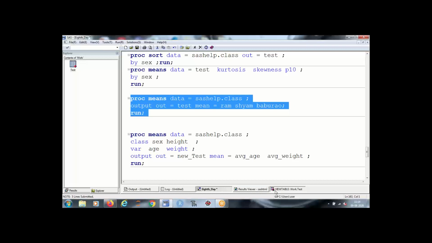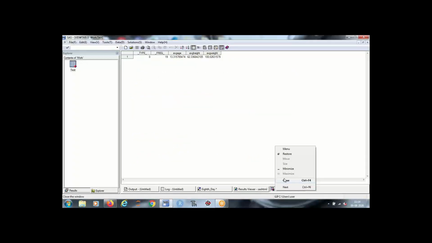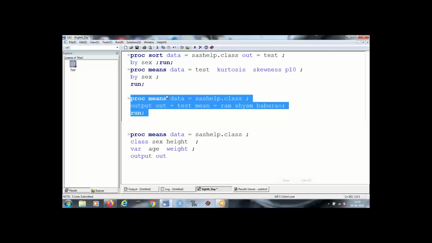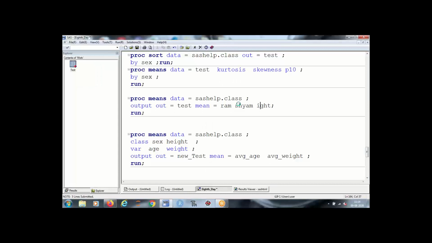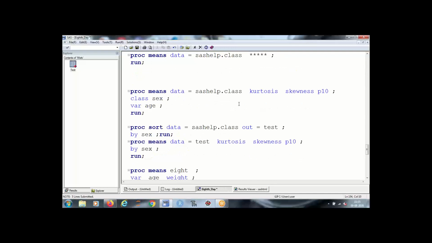So always remember we need to give some meaningful name over here by which you can understand what is being stored and for which variable it is stored. So that's the reason I have written average age, average height, and average weight.